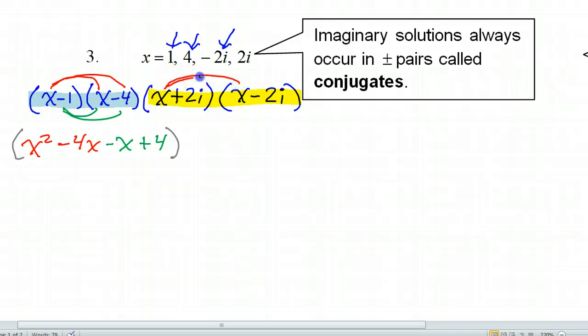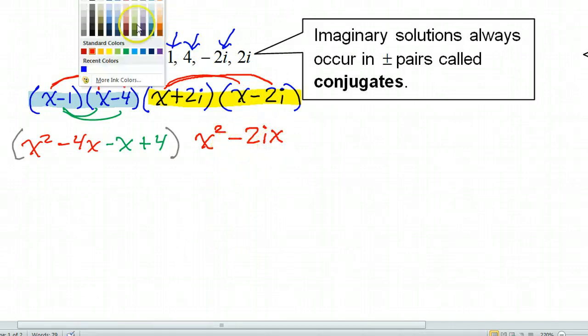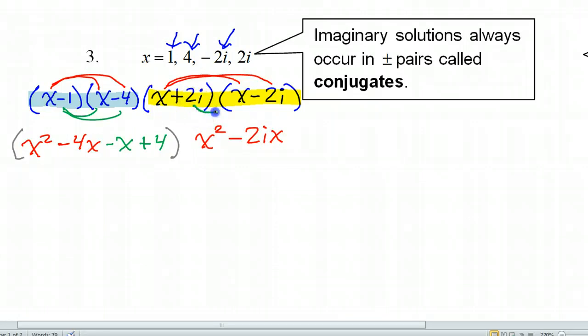All right, I'm doing the yellow part now. So x times x and x times negative 2i. So x times x, of course, that is x squared. X times negative 2i, I'm just going to put negative 2ix. Just put it all together. Just put them in alphabetical order, the letters. So now I'm going to distribute the 2i. 2i times x is positive 2ix. 2i times negative 2i is negative